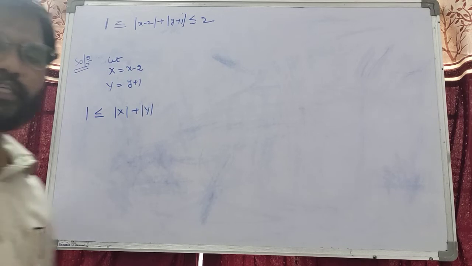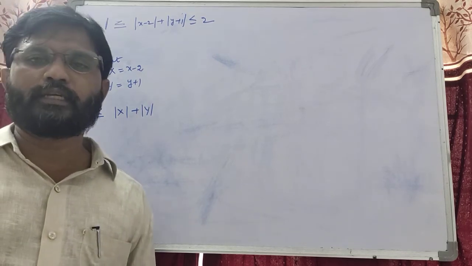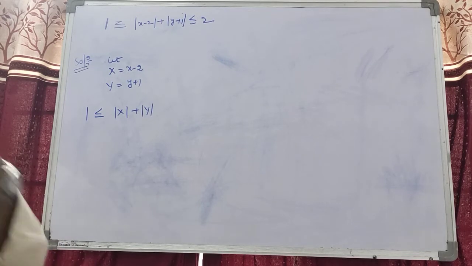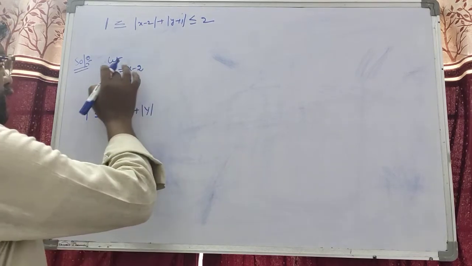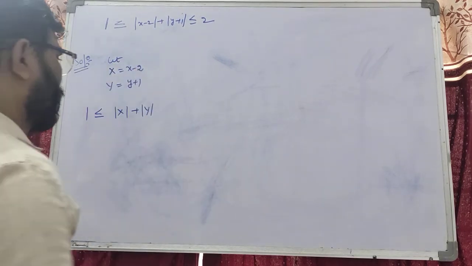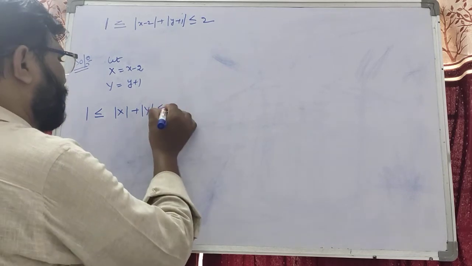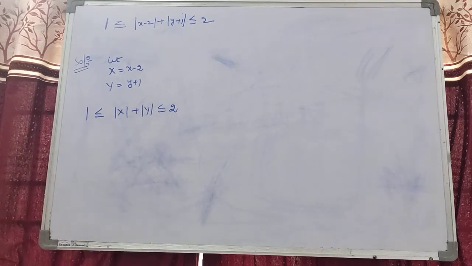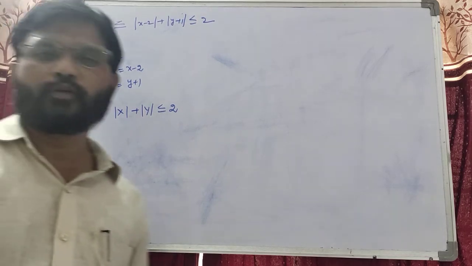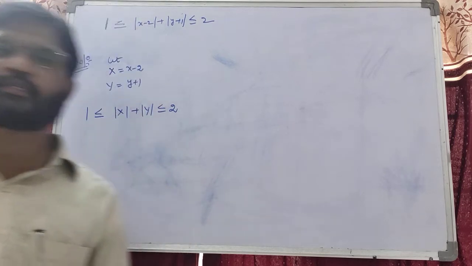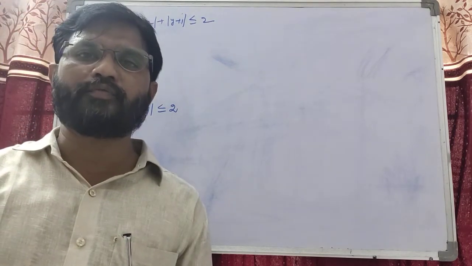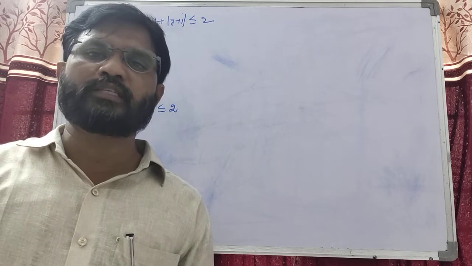So we know from the first year that if the origin is shifted to another point (2, -1), that's why we take capital X as x minus 2 and capital Y as y plus 1, less than or equal to 2. Students, no problem, you can directly take x minus 2, y plus 1. Why? Because the area stays the same under translation of axes or rotation of axes.